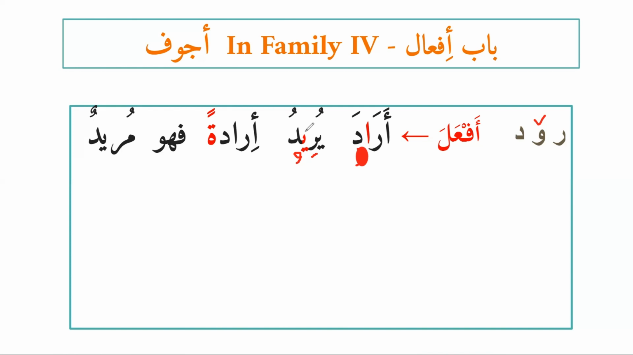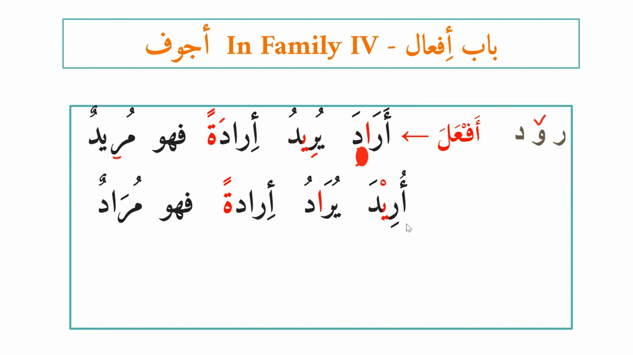So now the masdar has ta marbuta at the end. So islaman, if'alan, it becomes iradatan with a ta marbuta. Then ism fail is muf'ilun, muslimun, but here it is muridun. Arada yuridu iradatan fahuwa muridun. So the pattern is muf'ilun. For Ajwaf, family 4, the ism fail is muf'ilun, muridun. Okay. Now the next one,